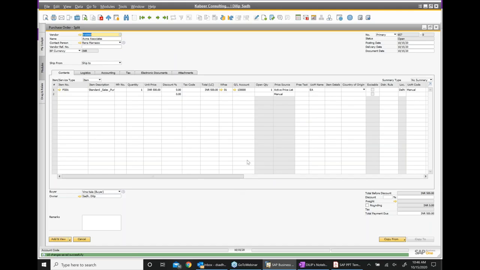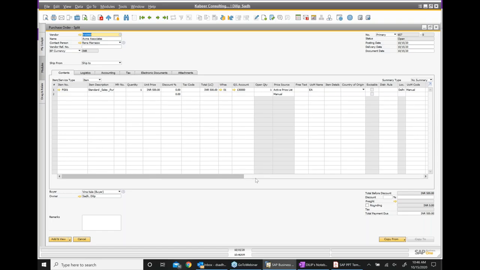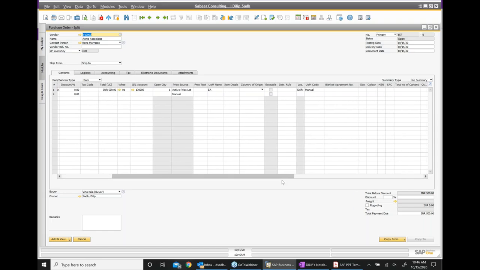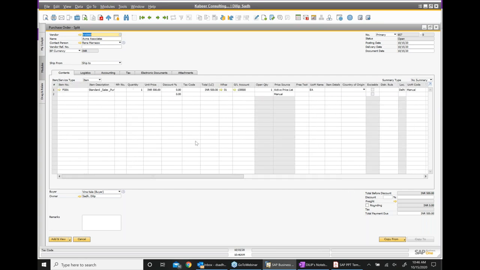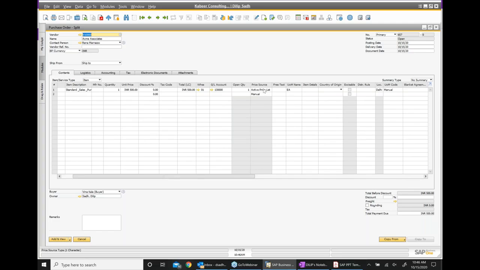So we added a price source field, and where is it? Price source, price source. Too many fields. Yeah, this is the price source. So here the price source says active price list. Okay. Now, from the active price list,